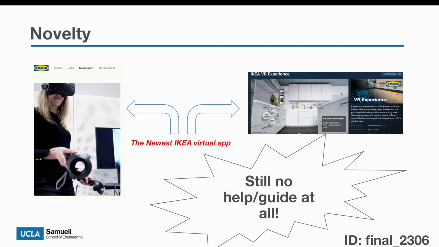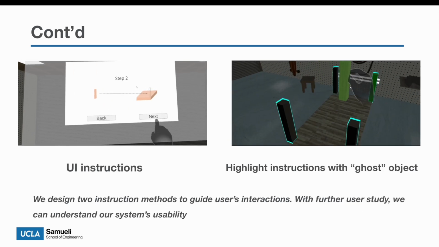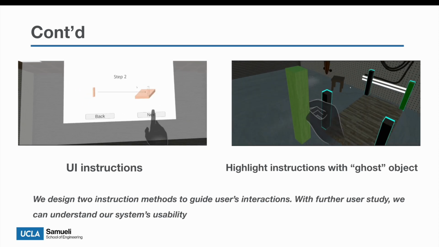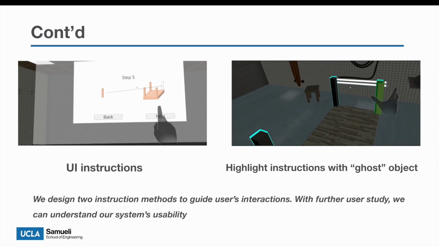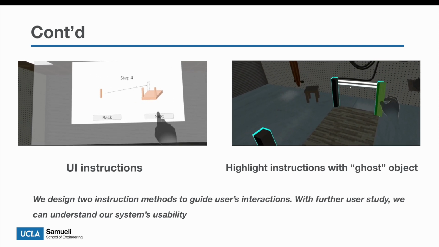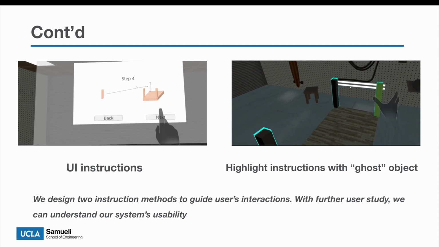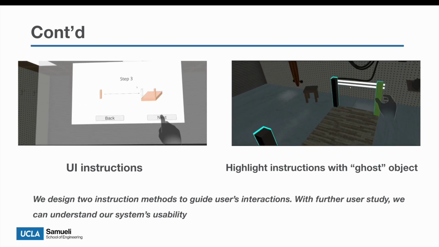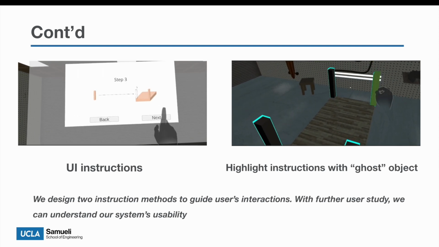We also want to talk about the novelty of our application. As you can see, the newest IKEA virtual app only shows the contour and overall look of the furniture. It has no help or guide that can help customers assemble their own pieces. So in our application, we designed 2 innovative interaction methods to guide users' interactions. With further user studies, we can understand our system's usability. And Yukon will dive into details about how we implement these